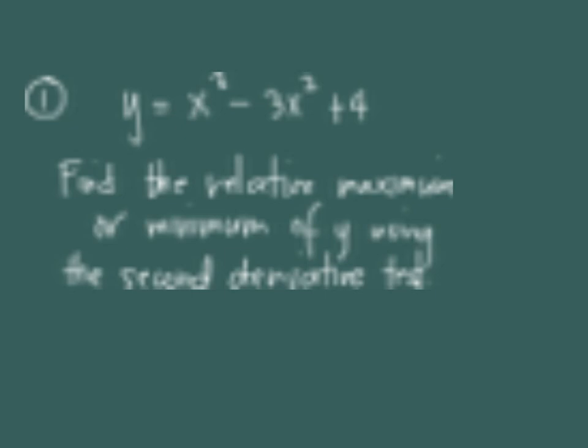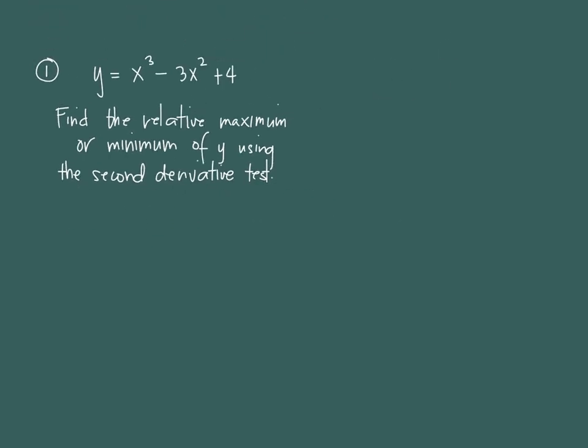Okay, so let's answer this. Given y equals x cubed minus 3x squared plus 4, find the relative maximum or minimum of y, or the function, using the second derivative test. That's exactly the given problem, right? Okay, so the solution is,